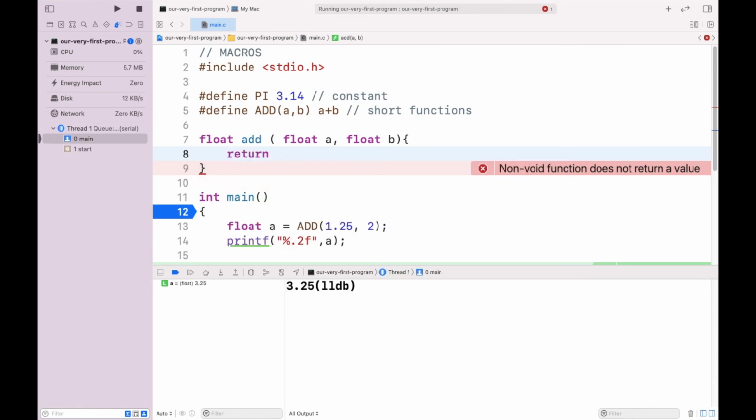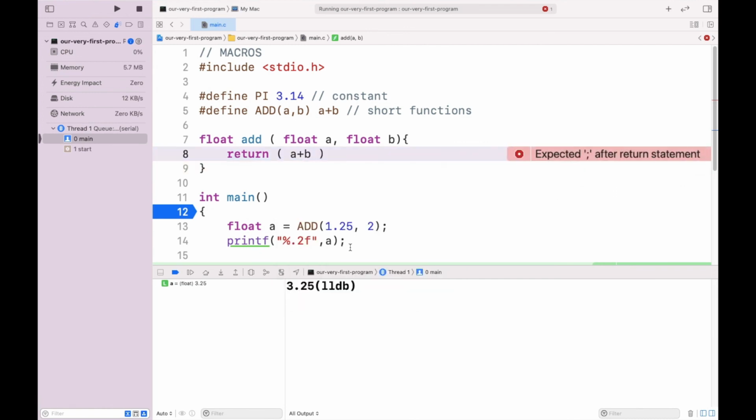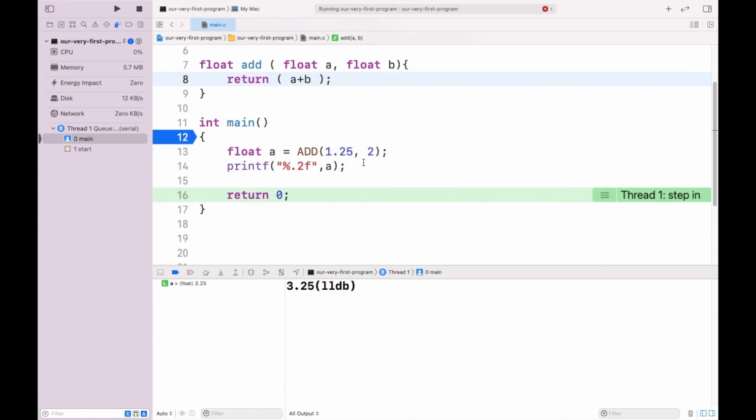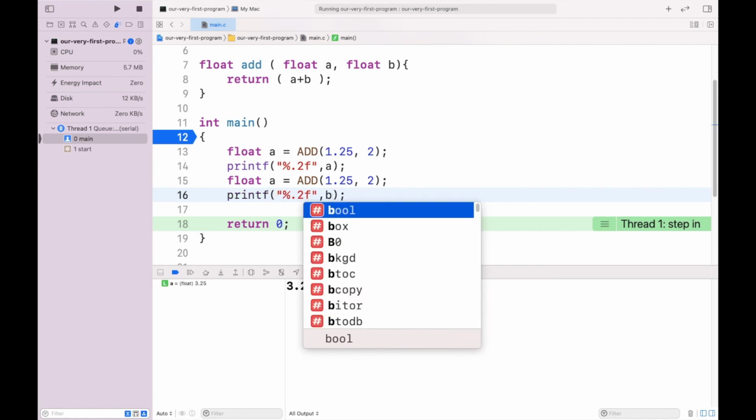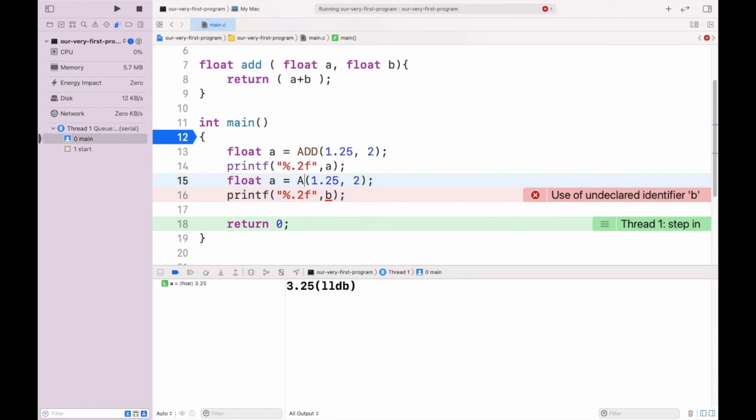This will return a plus b, and now you will see the difference between these. Copy, paste, and here goes our semicolon. At the end we will print, instead of a, the second variable b, and I will be calling that different function add. Let's see what we have now.